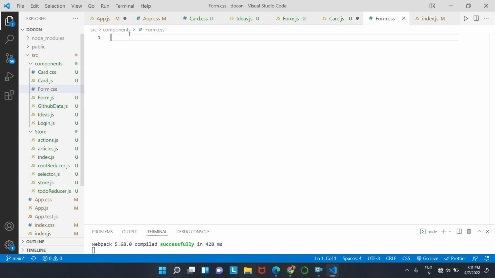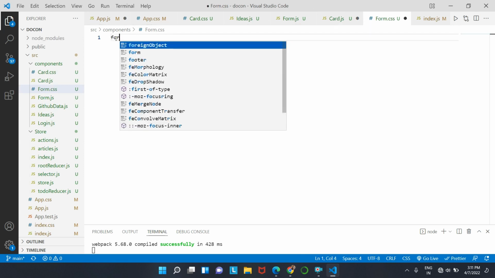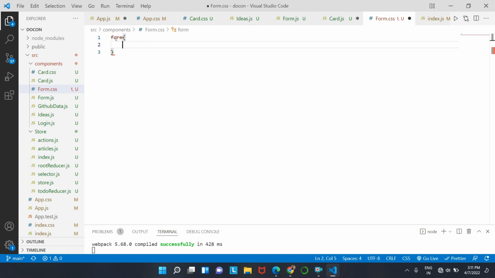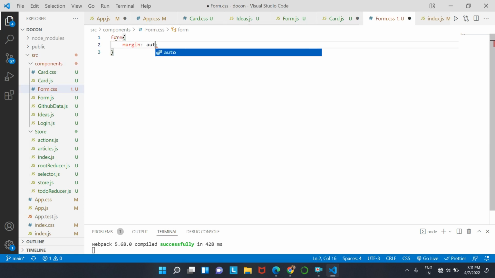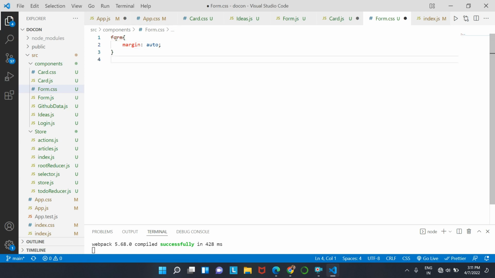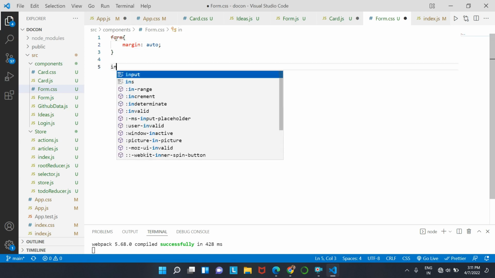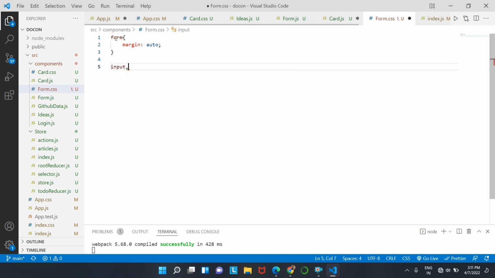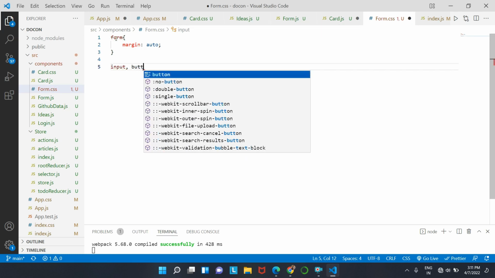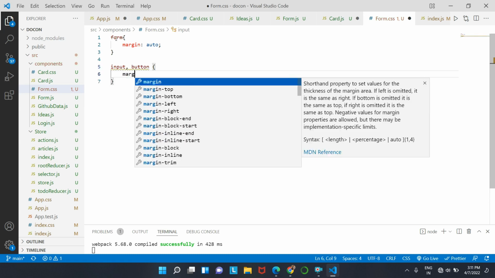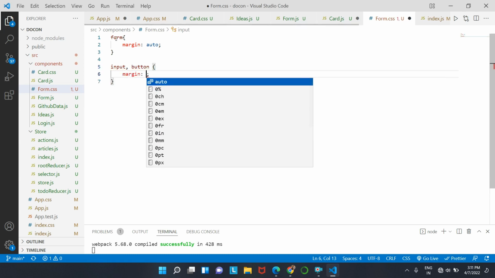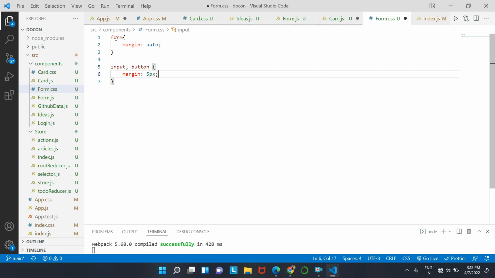This will be targeting the form, so form.css. Here we will not add any class names, we will just target them. So for the form we will add a margin of auto, and next we will target the input and the button together. So input, button,